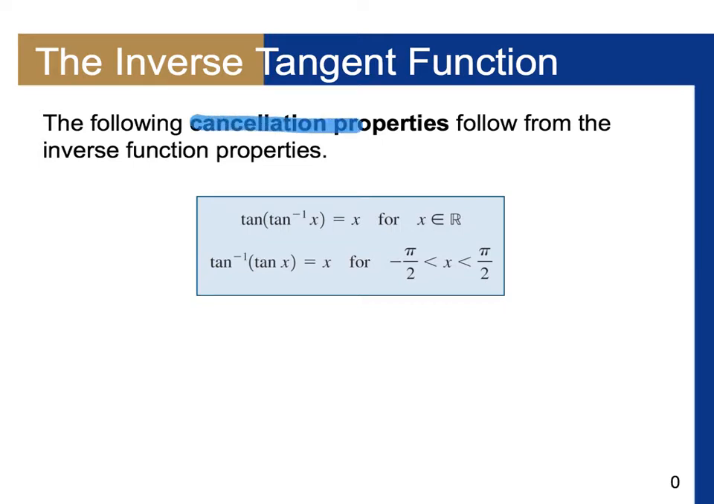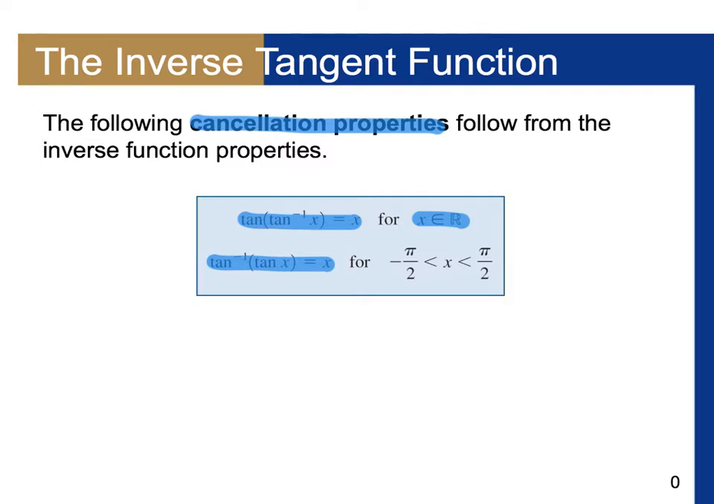Okay, so here's our cancellation properties for inverse tangent. If we take tangent of inverse tangent of x, we get x when x is all reals. The reason for that is because we're taking inverse tangent first, and the domain of that function is all reals. So we have to say x can be any real number. And then if we do it the other way, we say inverse tangent of tangent x is x,